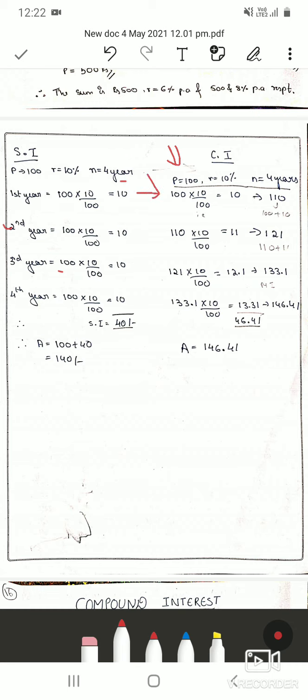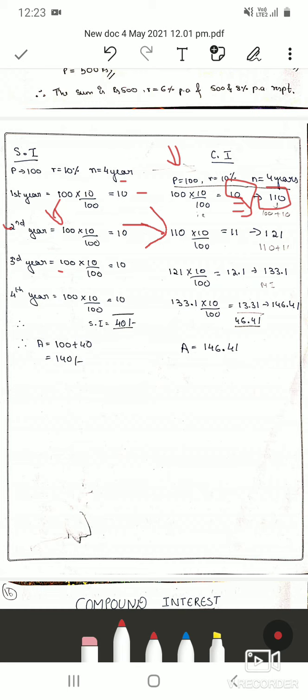So for the first year, 10% of 100 rupees is 10. Here what you have to do is take the amount at every year. In simple interest we had taken the same amount. Here, for the first year the interest is 10 rupees. The amount will be principal plus interest, which is 110 rupees. But when you want to calculate interest for the second year, you have to take the amount that you got from the first year. So it is 110 but not 100. So basically you are calculating interest on interest.